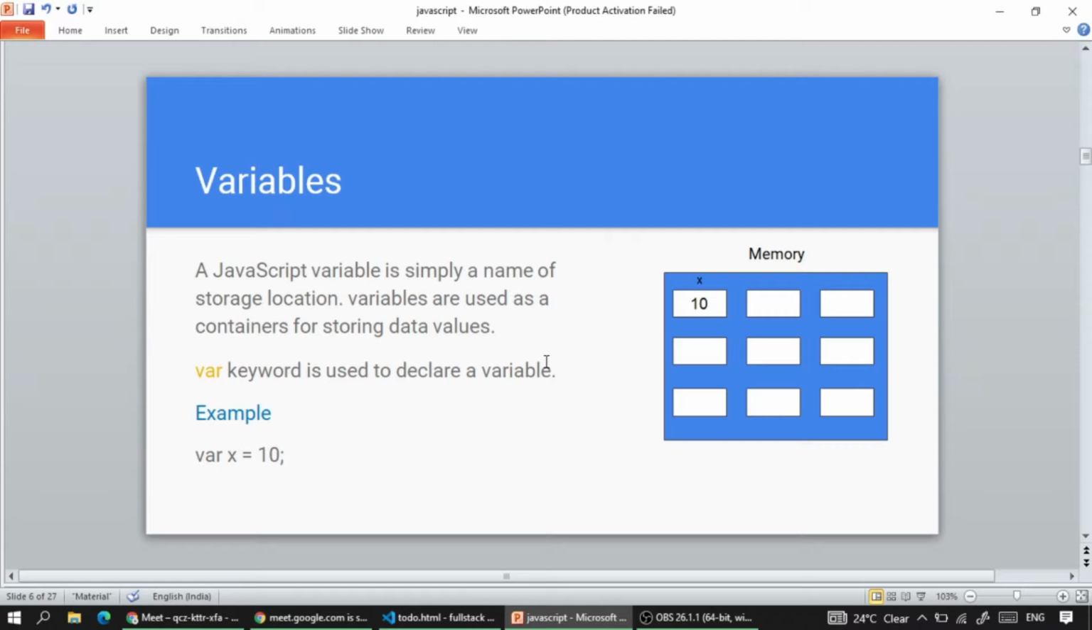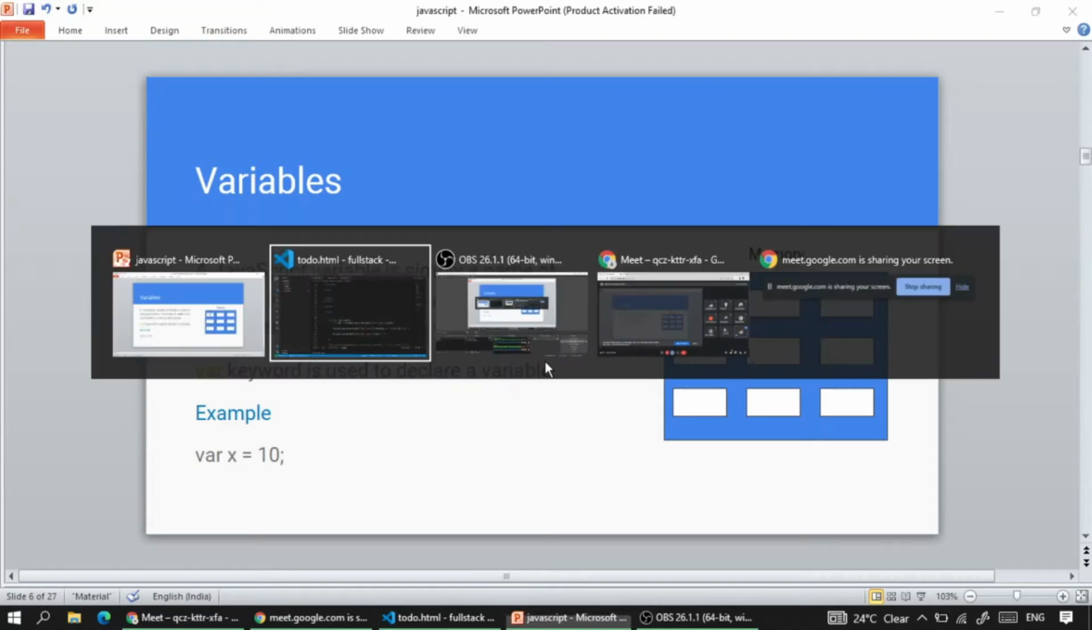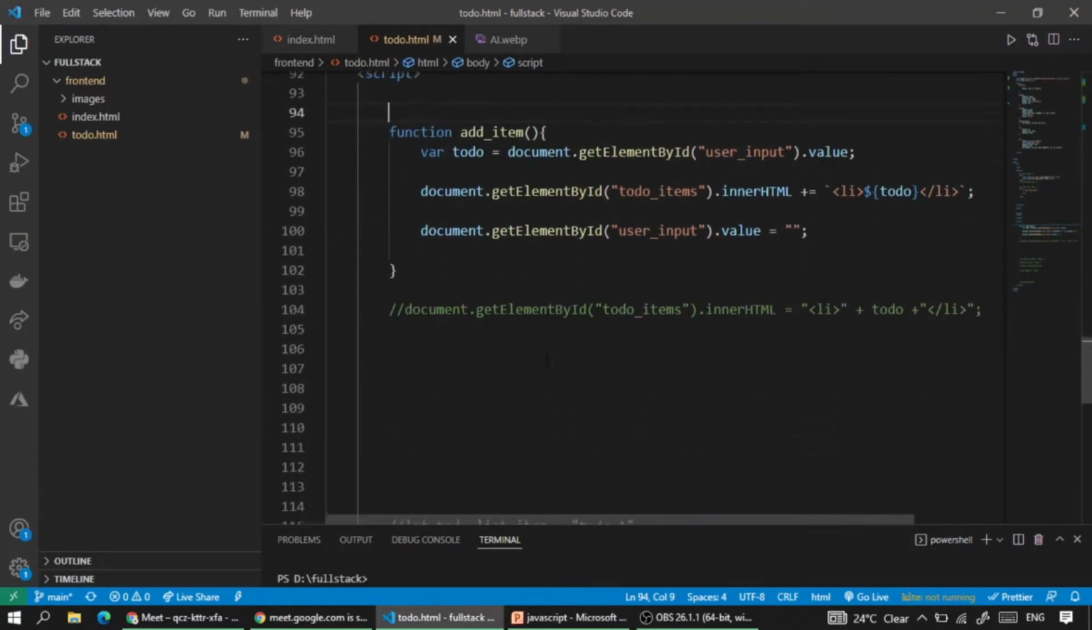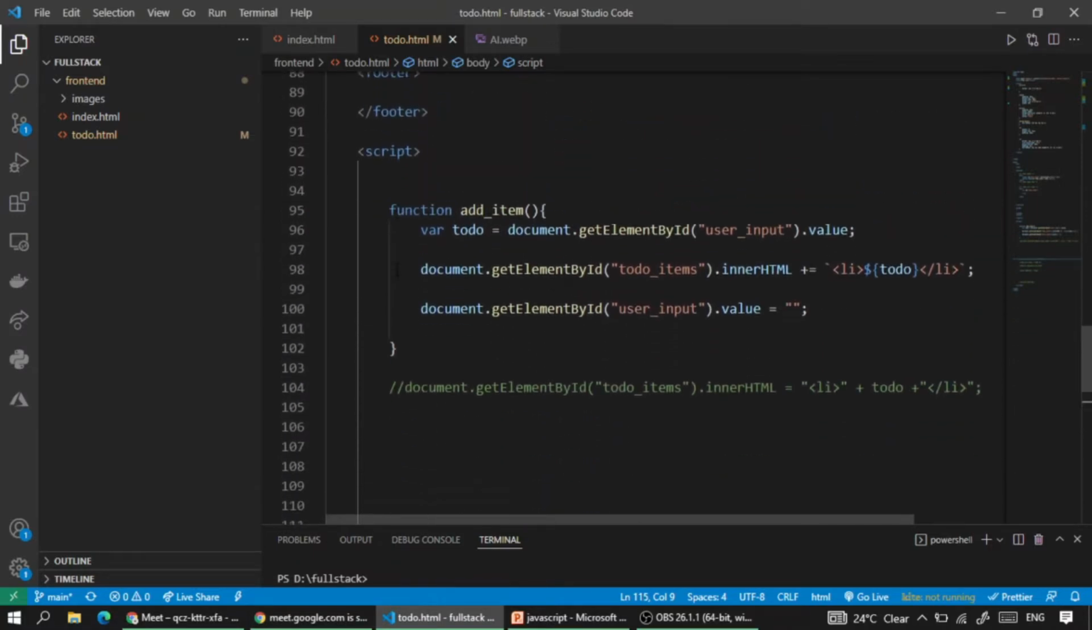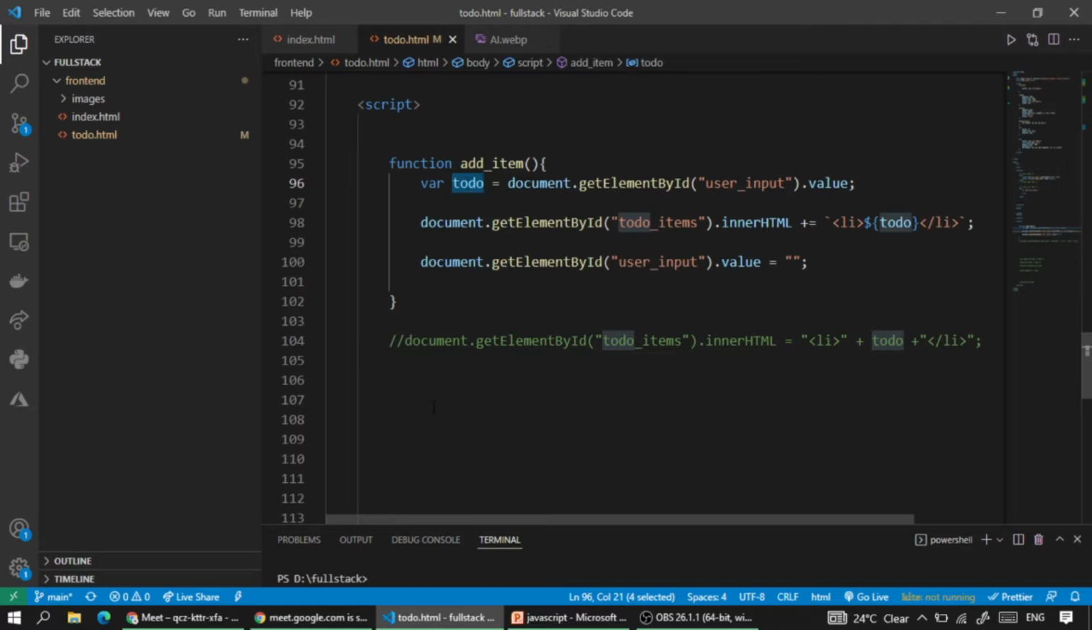So guys, variables basically store some value in our program. Whenever we are required, we can store values in variables, and we can retrieve them. So in yesterday's session we had the variables examples. For creating a variable there are three different ways. One was